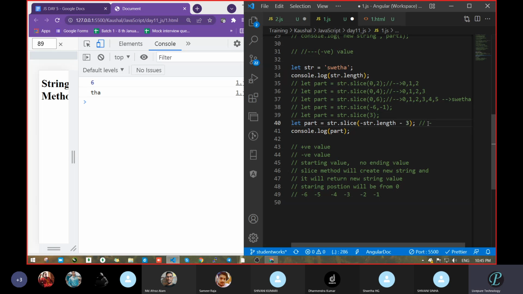It becomes minus 6, plus, it becomes 9. Correct or not? Because the length is -6, and that -3 is there. So the total becomes -9. Yes, sir, it is giving you -9.